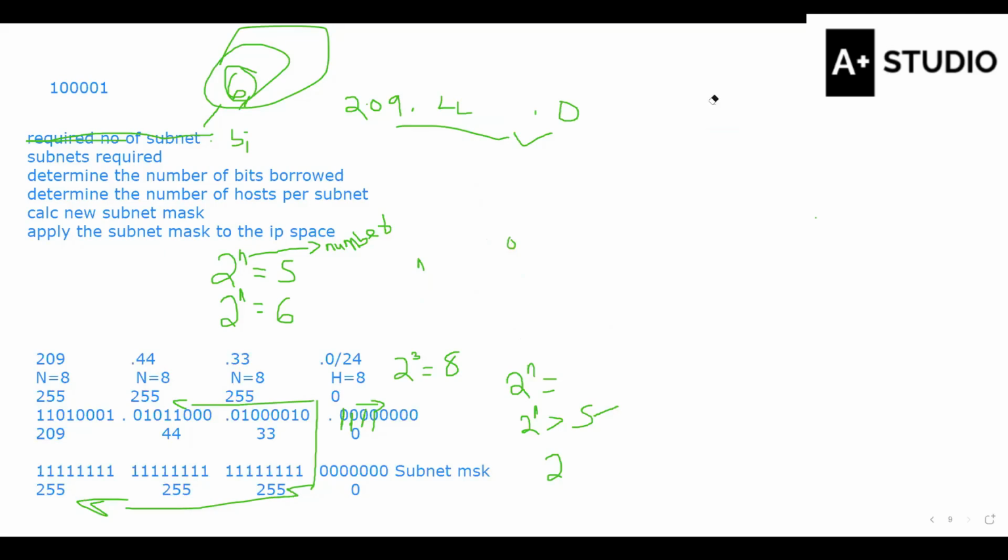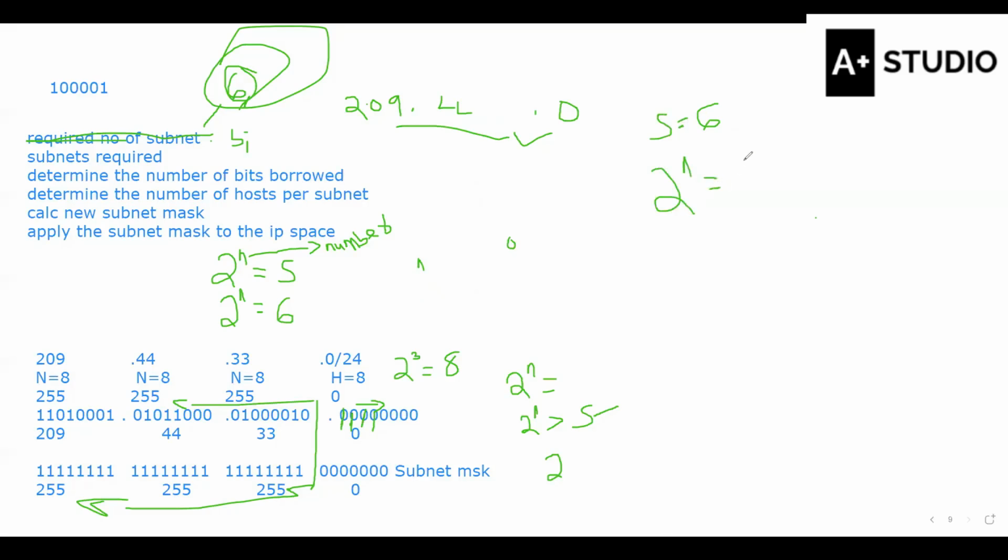So let's pay attention. Okay. So the required subnet is 6. Okay, is 6. And then we are told to find out the subnet required. So we said this is the subnet. That is S. Okay. The formula for subnet is 2 to the power n equal to